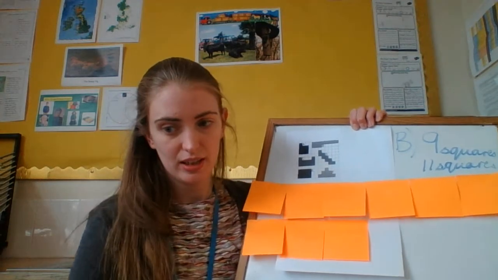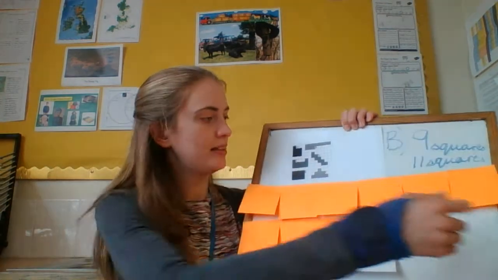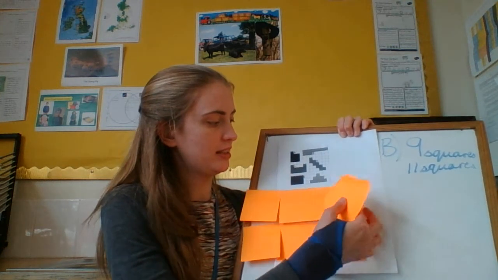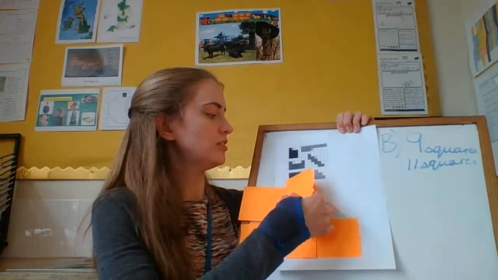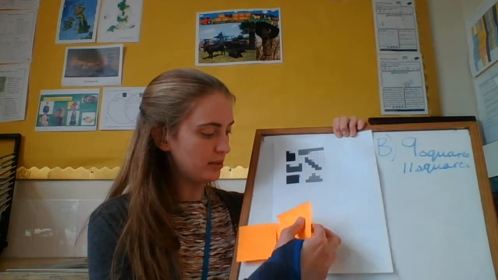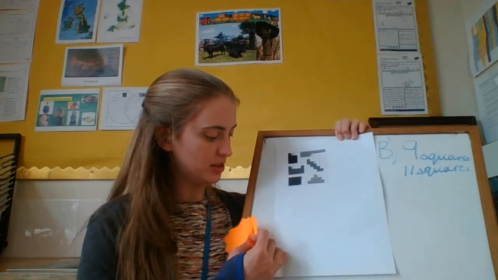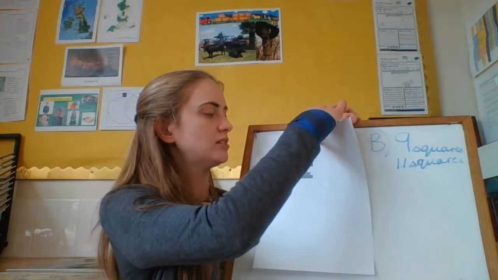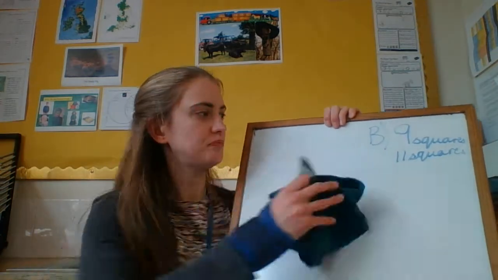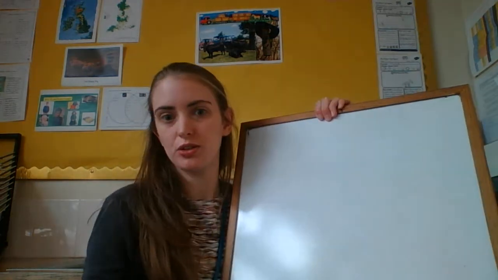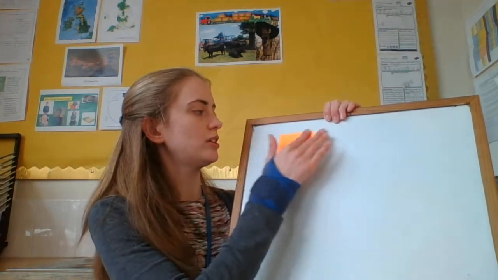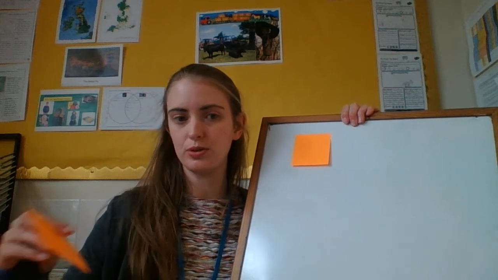Okay, so the next thing we're going to have a go at after that, when you go through the questions on the presentation, is that we want to make shapes using a certain number of squares. So can different shapes have the same area? We're going to have a look at that using the squares that you've got. So I'm going to use 1, 2,